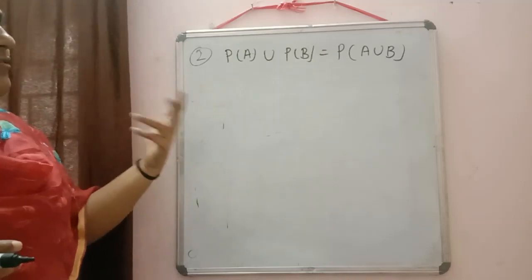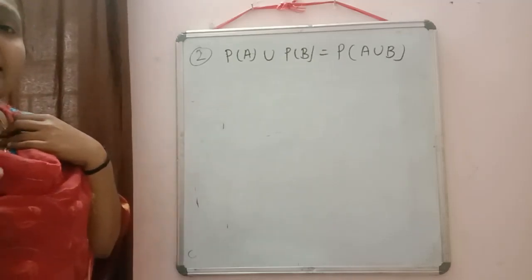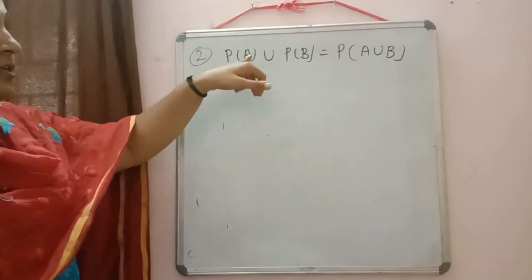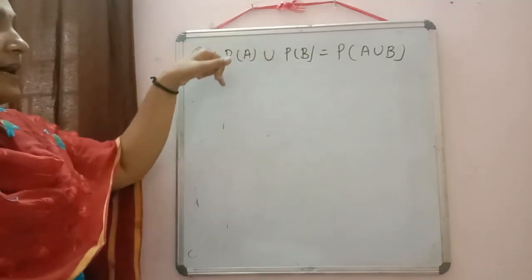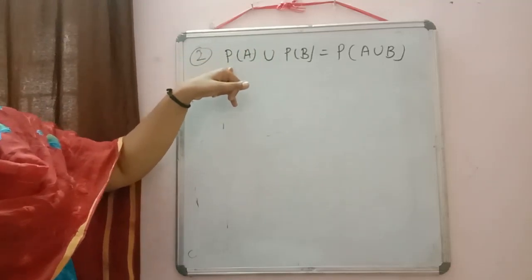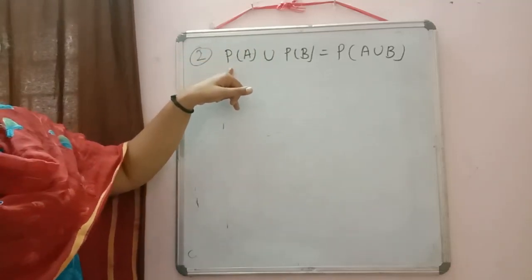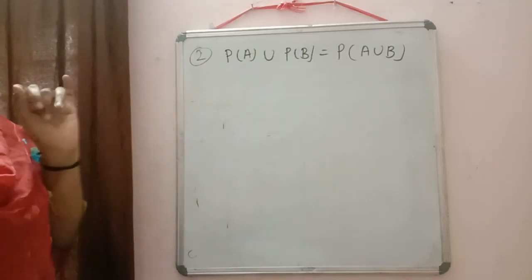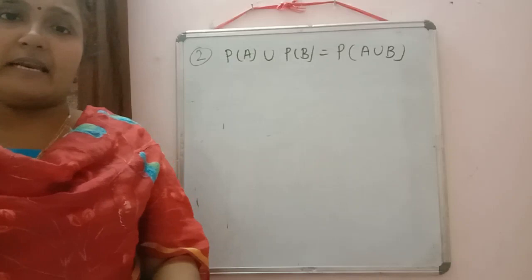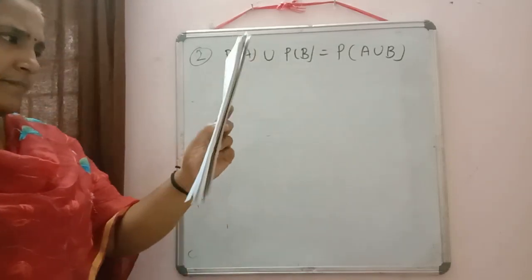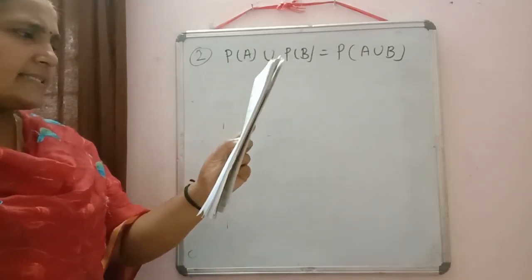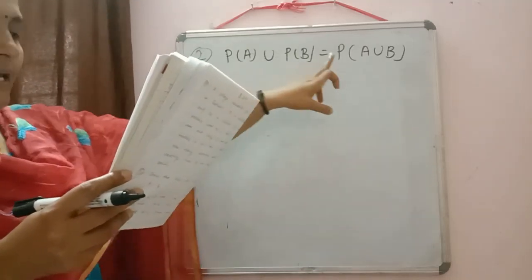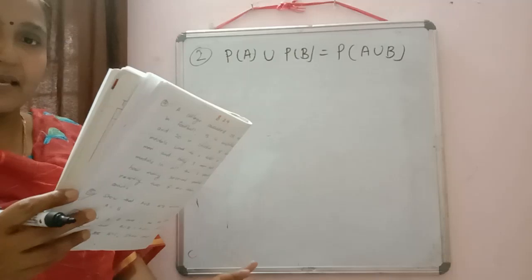And power set of A, what was it? Collection of all subsets of A. Collection of all subsets of A is called the power set of A. So each element of the power set itself denotes a set. Okay. Now here in the question, we don't have to prove anything. We have to check. Is it true for any sets A and B, power set of A union power set of B equal to power set of A union B?